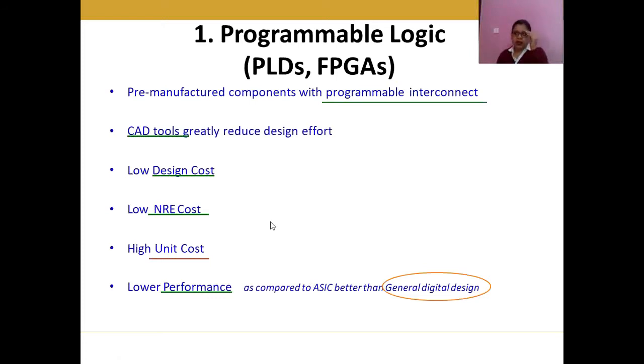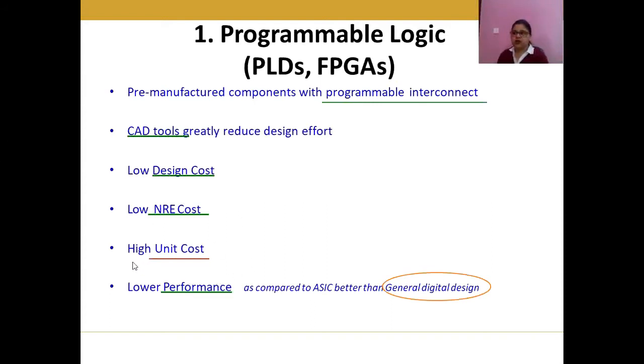Now what is this NRE? NRE basically stands for non-recurring engineering cost. And this non-recurring engineering cost refers to the one-time cost to research, design, develop and test any new product or product enhancement. So in the PLDs or the programmable logic, this NRE cost is very low. And once we budget for a new product, NRE must be considered to analyze if a new product is profitable or not. So in this way, this is defined.